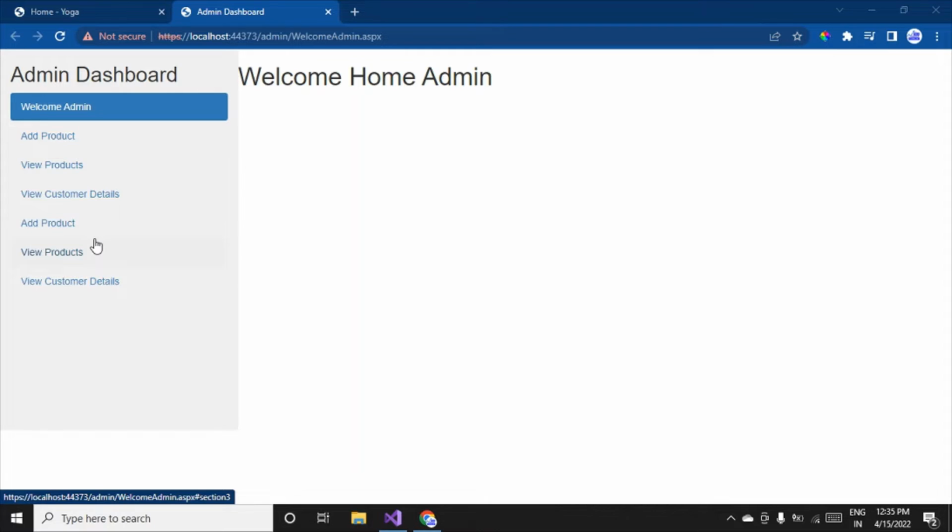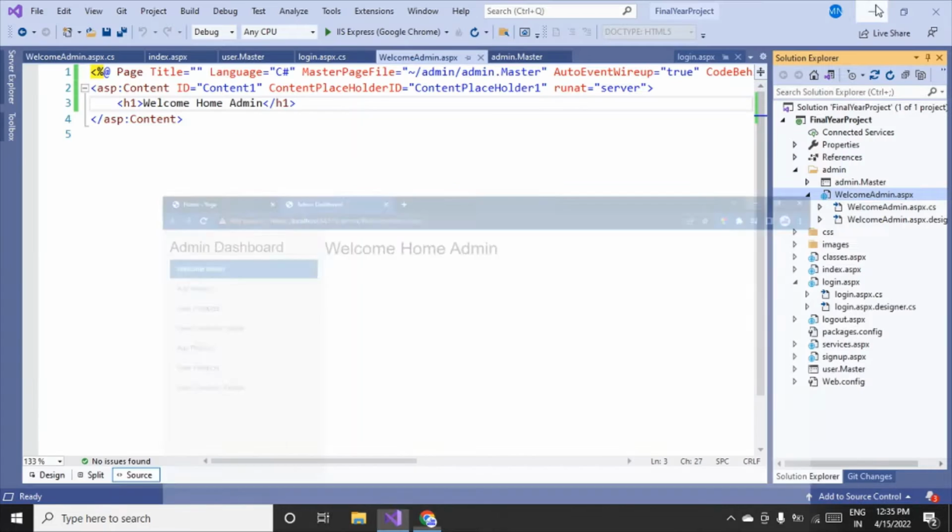So here I'll be creating the first page for the admin side, that is add category. In this video I'll design the form and create the table accordingly, and in the next part we'll code for it. So let's see. The very first page I want to have here is the add category page. So let's minimize this, go to